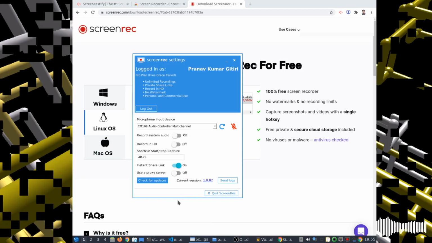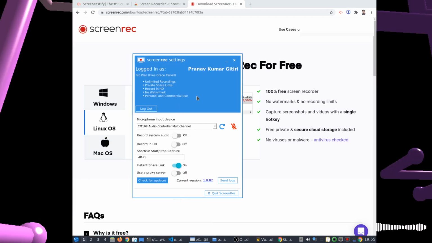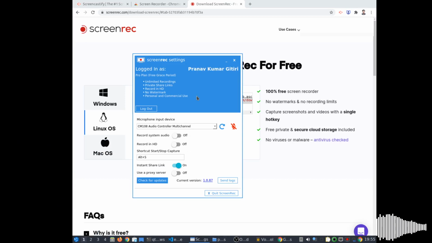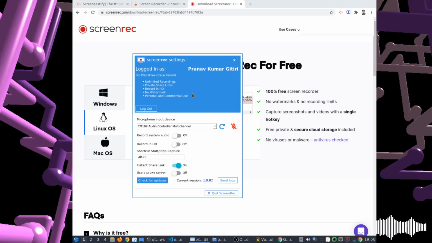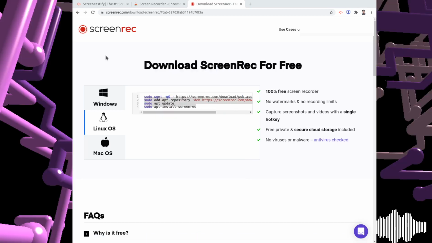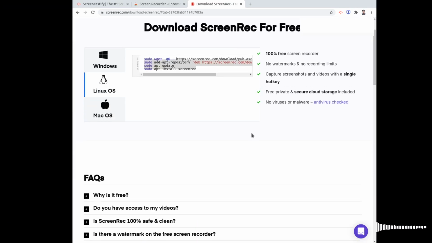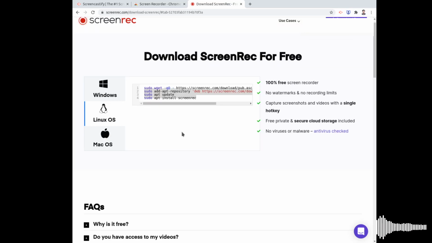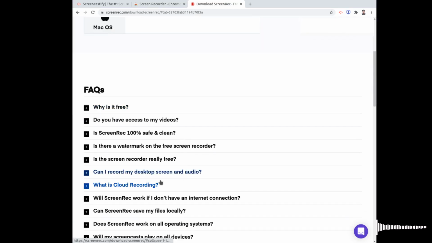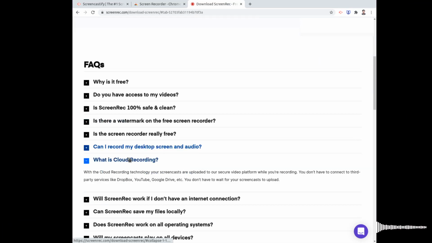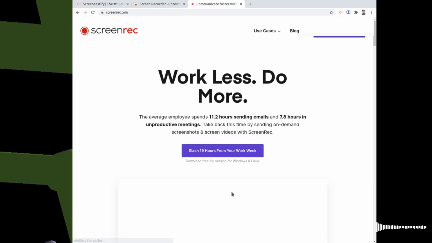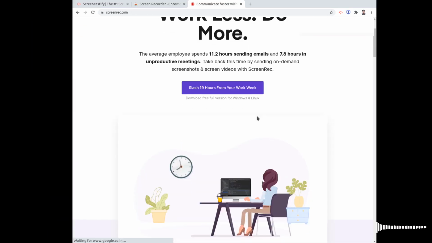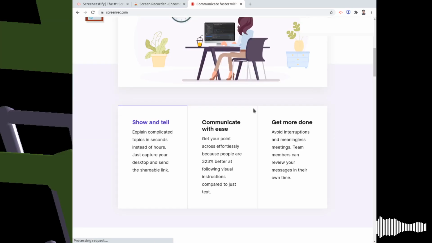Just open the ScreenRec service, and here it lists all the features that it provides. This software has 2 GB of cloud storage, so let me show you that. Currently, let's go to the home page of this software, and here it says available for Windows and Linux.